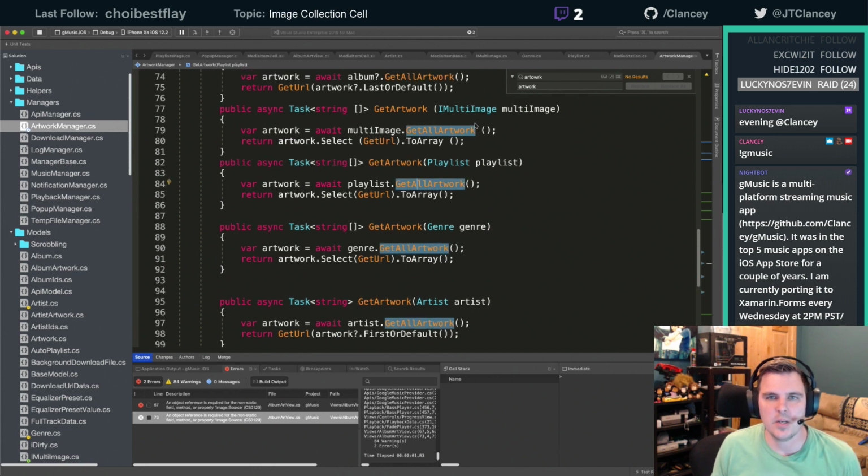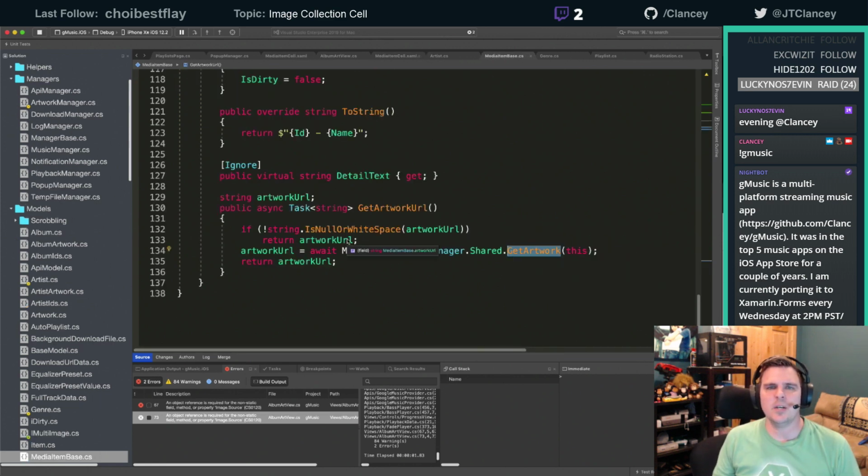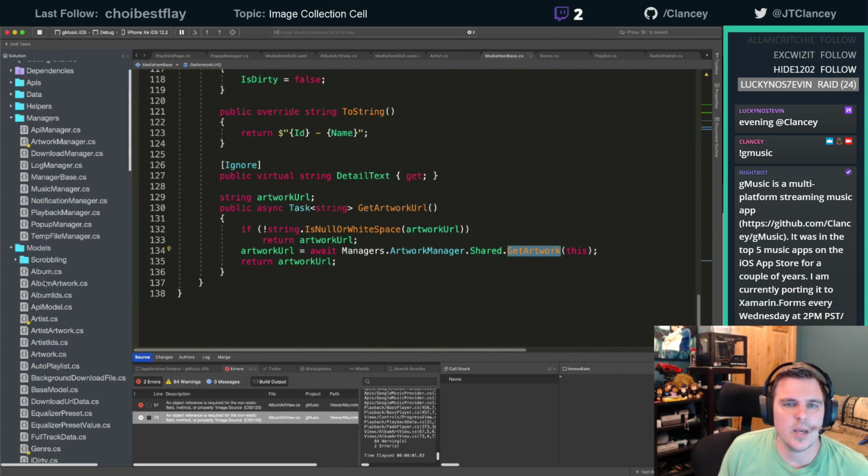All right, now that we're in here, we have a get artwork for this multi-image. Now we can do a single cast now that I added an interface. I don't use interfaces often, but sometimes it's really, really nice to. All right, so we have our